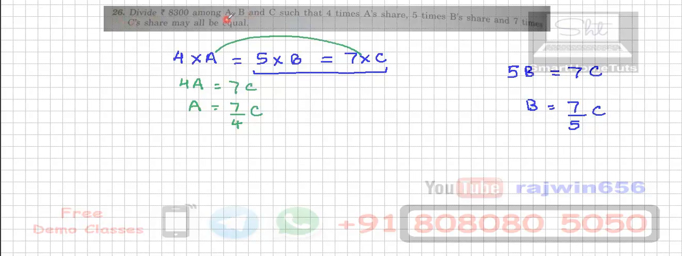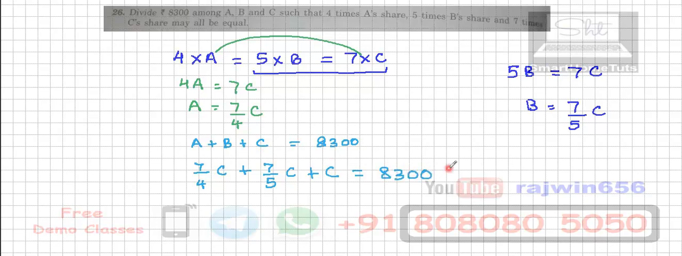And when you add all three of them, obviously you are going to get 5300. So A plus B plus C will be 5300. So I just substitute here. Instead of A, I'm going to write 7 upon 4 C, plus instead of B, I'm going to write 7 upon 5 C, plus this last part C which is there, I will write as it is. This is equal to